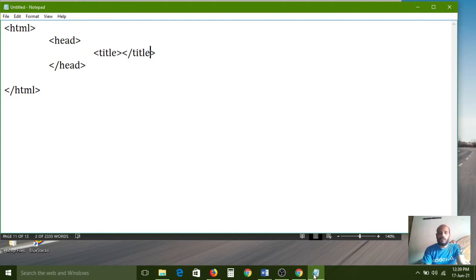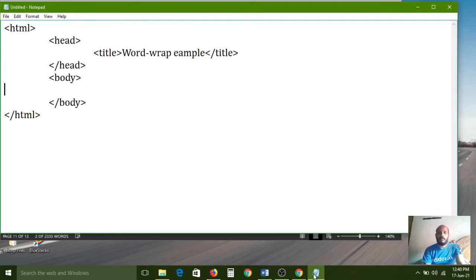In between these 2 tags, you mention the web page title. Since word-wrap is the concept going on, the title is word-wrap example. Again, we have to define the body tag. The head portion is completed, and now the body is the second part.